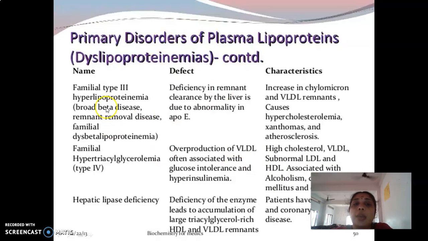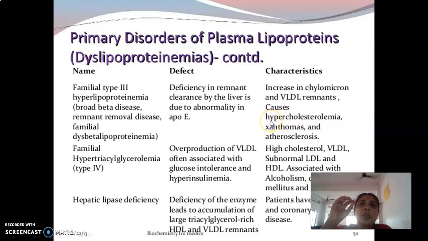Now another type is familial type 3 hyperlipoproteinemia or broad beta disease. So here what is happening? There is deficiency in the remnant clearance by the liver due to abnormality in ApoE. So there will be increased chylomicrons and VLDL because ApoC and ApoE from the HDL should come and bind onto the chylomicron. So ApoE is defective. So chylomicron and VLDL remnants will be getting accumulated, resulting in hypercholesterolemia, xanthomas,